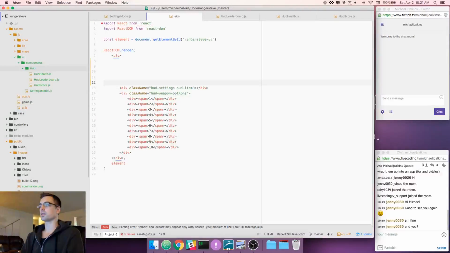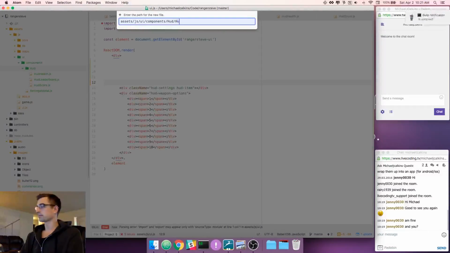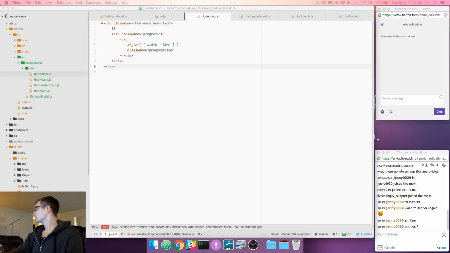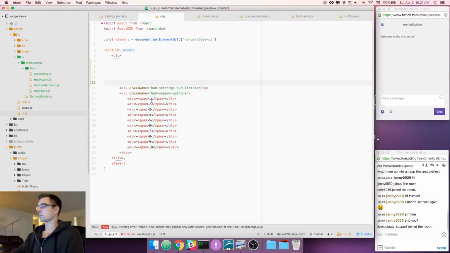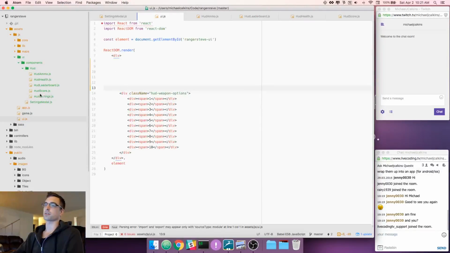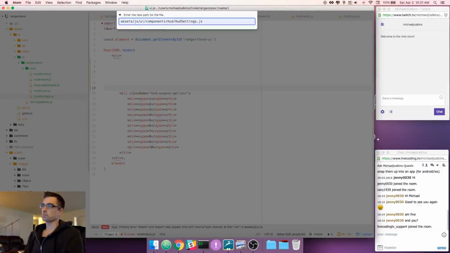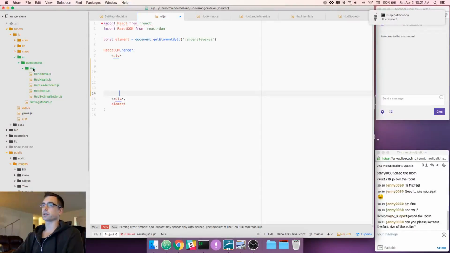Oh God, what was this called? Hard ammo. HUD settings. This would be called HUD settings. Oh, actually, this should have been called button. There we go. This is going to be called